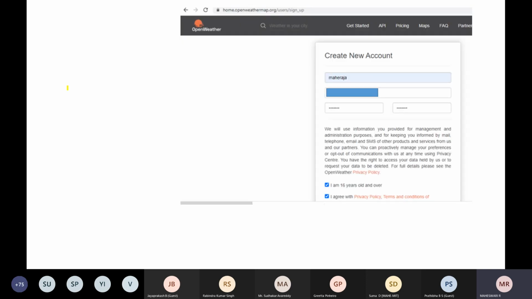openweathermap.org. As usual, we are supposed to create the account. You give your name, your email ID and the password. Then we are supposed to activate these components: I am 16 years old or over, and I agree with terms and conditions.